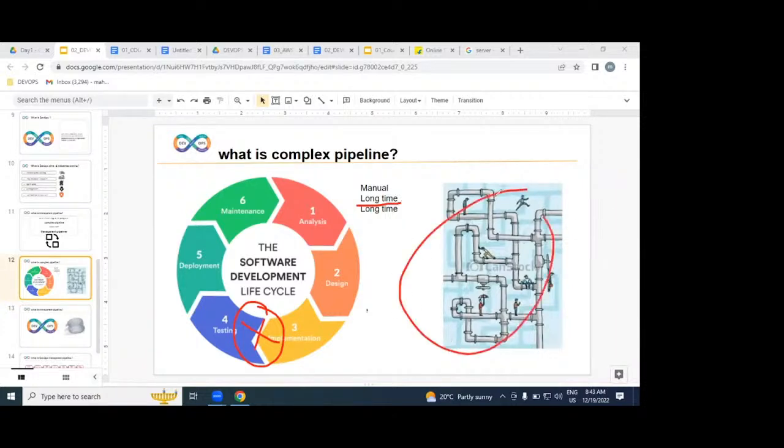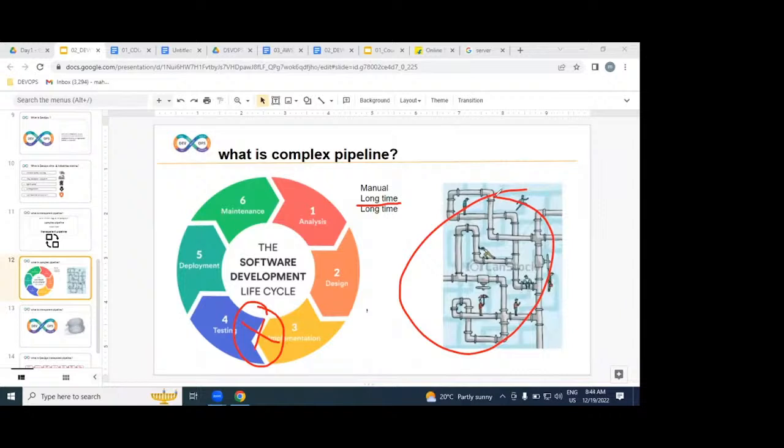Example, a water pipeline. The water pipeline is underground. Somewhere there is a blockage, not a leakage. Can you find immediately where the blockage is? Experts are required, and we need to pay more salary. Even experts may take half an hour, an hour, or a day to resolve it. It takes a long time.